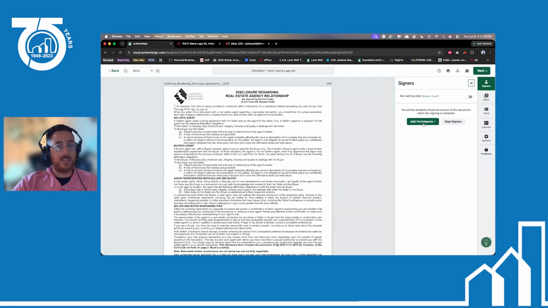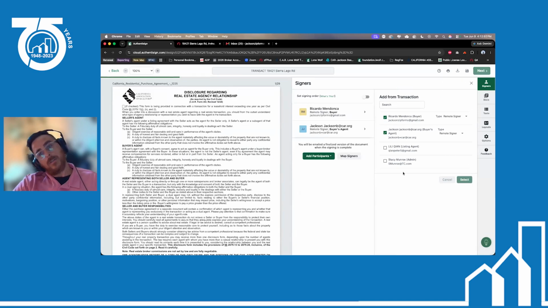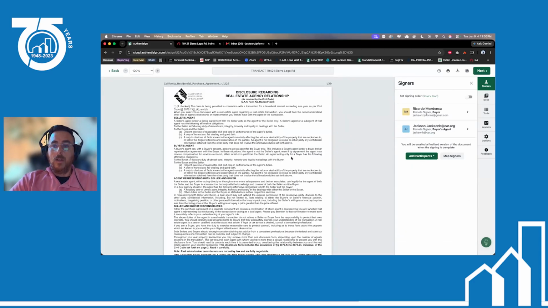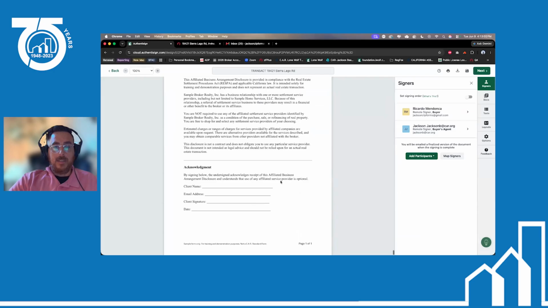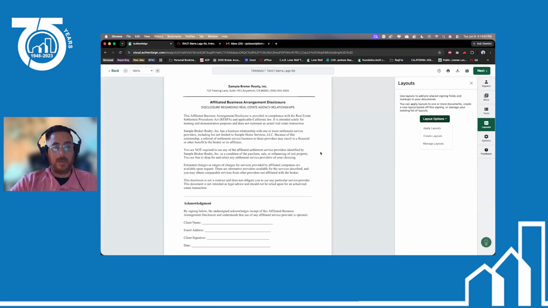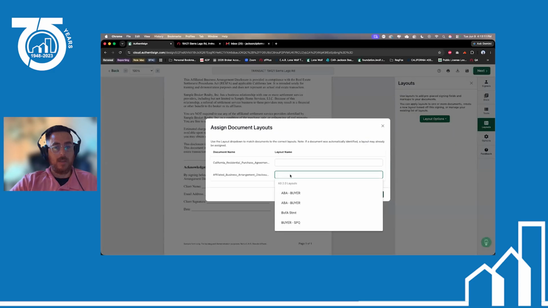But the difference is once I add these people from the transaction, we're going to add Ricardo, we're going to add myself. I'm going to preemptively fix my email address in here. So now when I go down to this affiliated business arrangement, I want to apply my layout. So I'm going to say for the